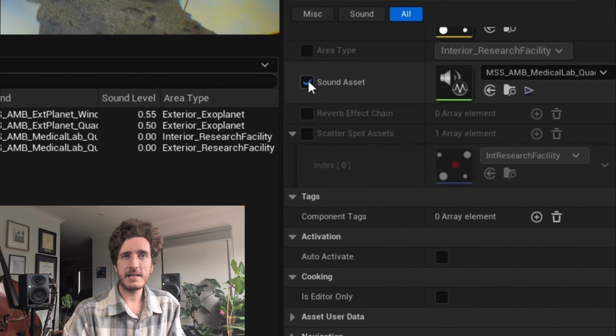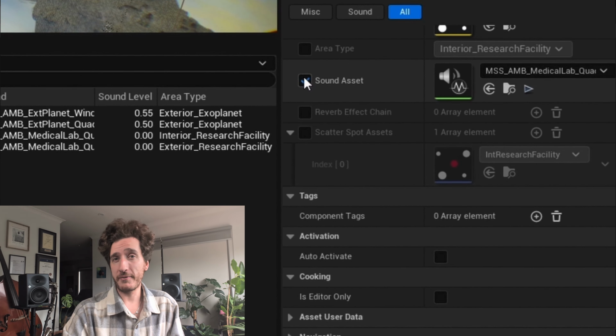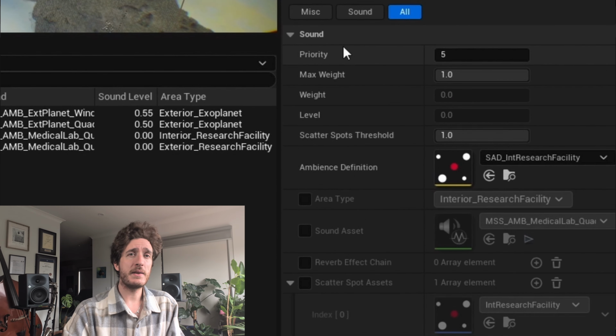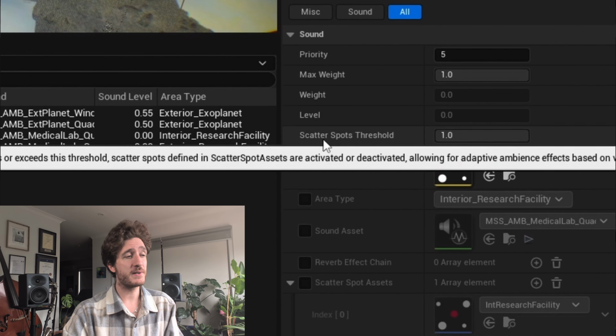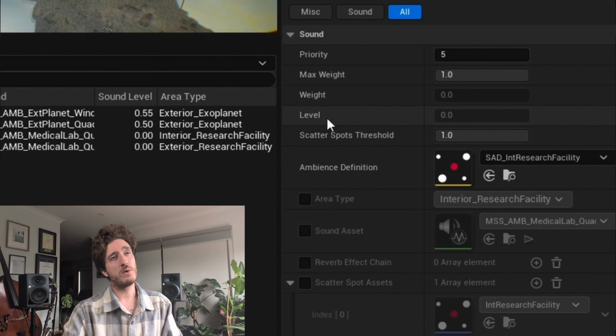A lot of assets feels like a superpower for a while, and then needing to make changes, fewer assets feels a lot better. You can change and override any of these if we wanted to. You can even add reverb effects and chains and stuff. But these max weights and scatter spots really allow you to control both the one-shots that are firing, the bed